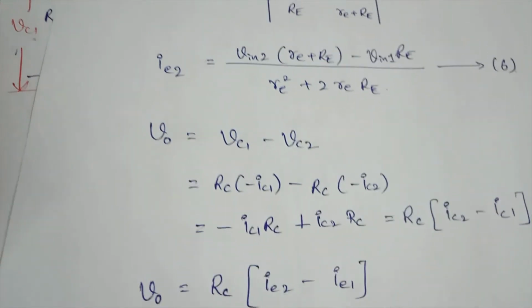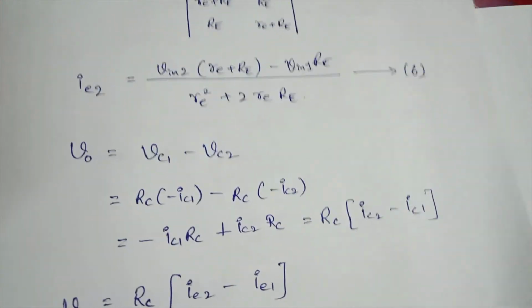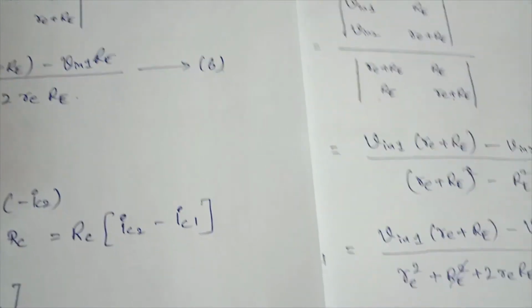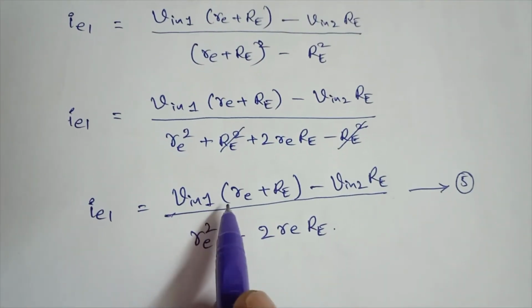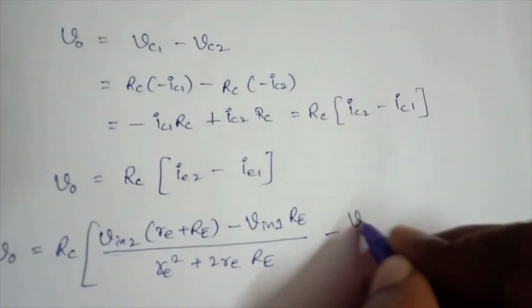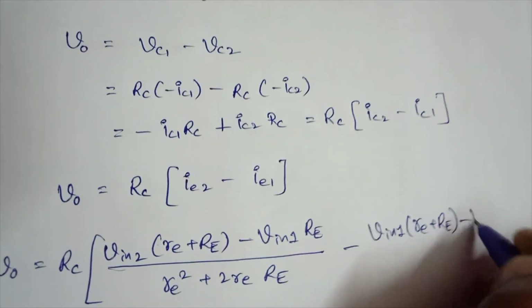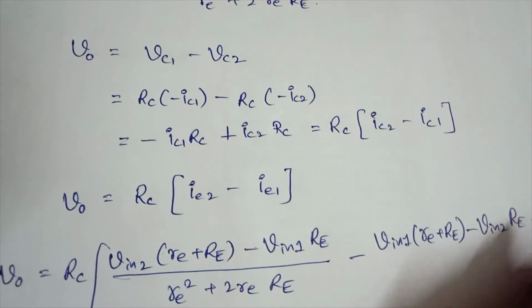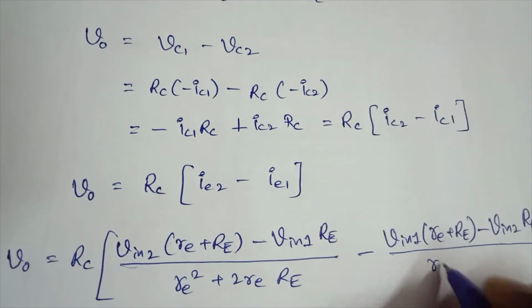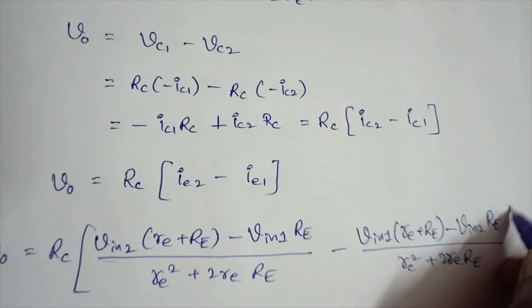In the same way, what is the equation for IE1 from equation 5? From equation 5, IE1 is nothing but Vin1 into re plus RE minus Vin2 into RE. Denominator term is same. So Vin1 into re plus RE minus Vin2 into RE divided by re square plus 2re into RE. Simplify the